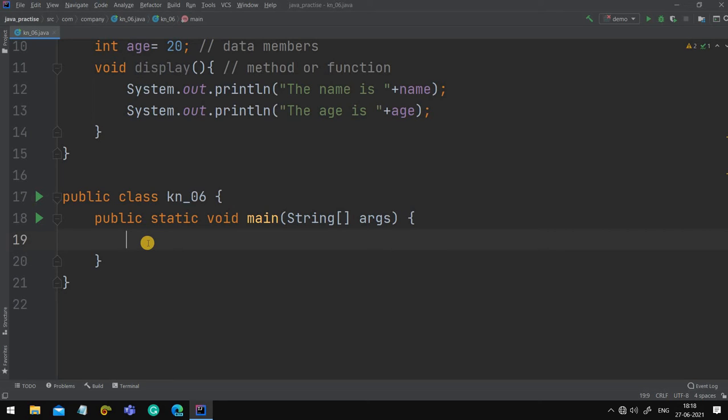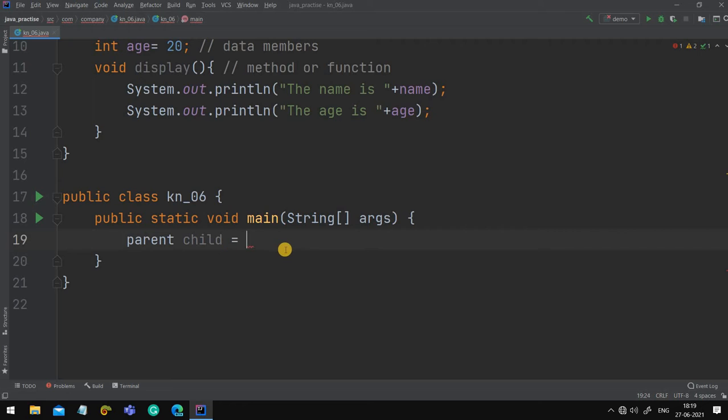How to call them? Now I'll tell you the syntax of creating the object. Always create the object under public static void main, String args. How to create it? Very simple. First of all, write the name of your class, that is parent. Write the name of your object. I am giving my object name as child.